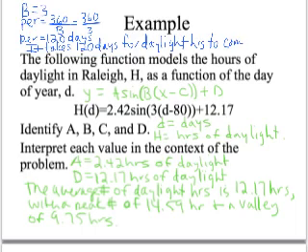Okay, so it takes whatever the period length is for your Y to complete one cycle. And that's how you interpret B. You find the period length. Okay, and then C